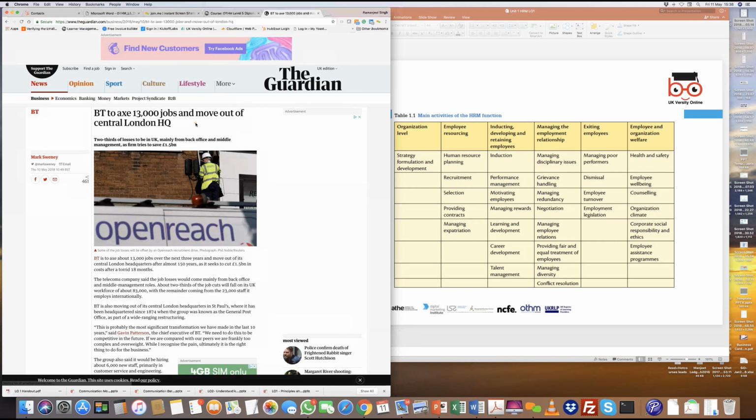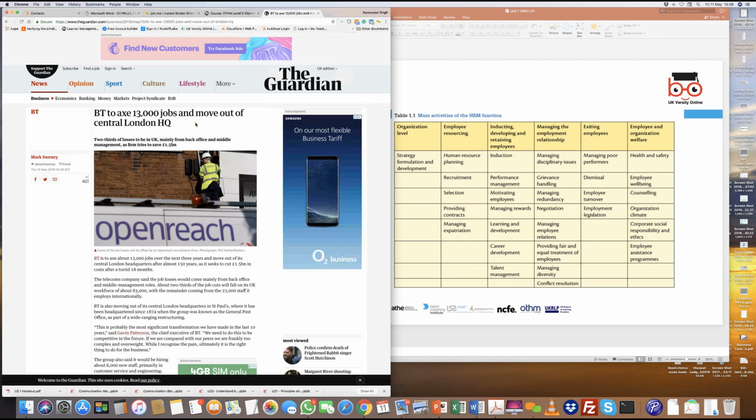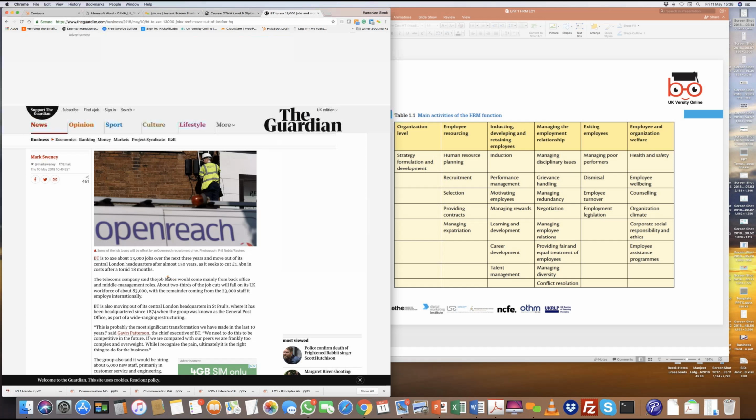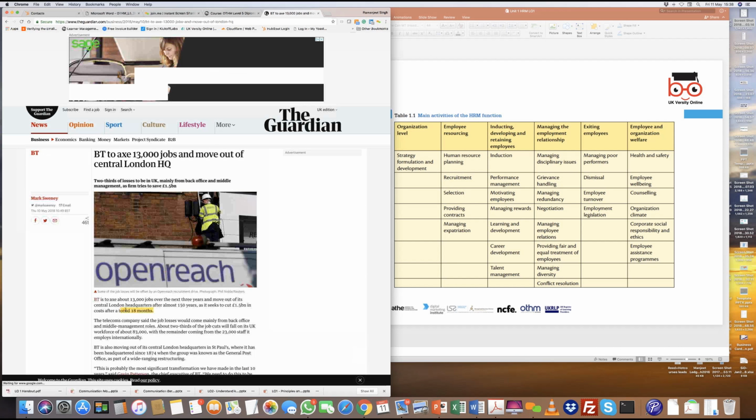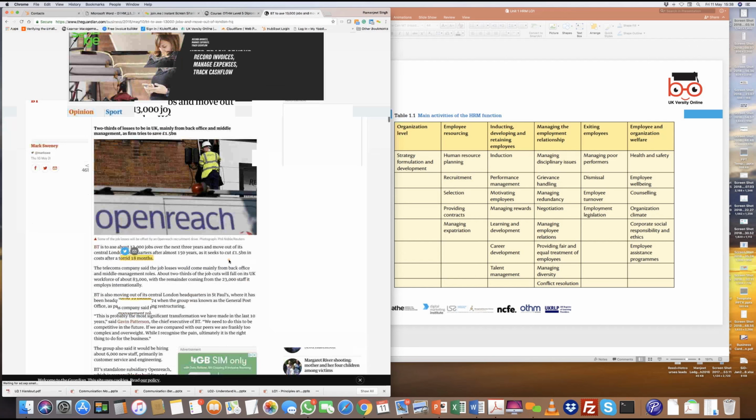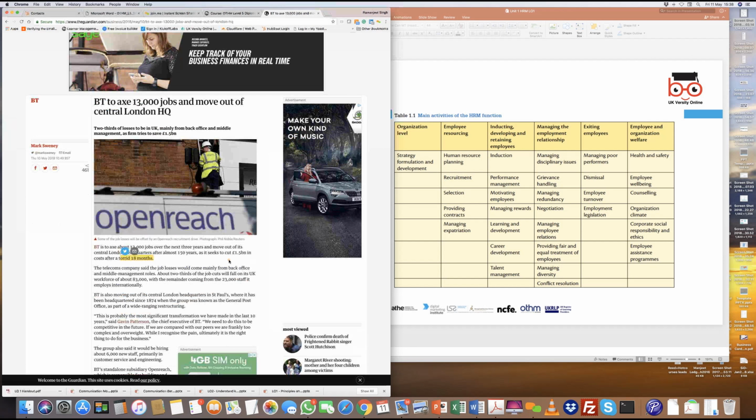Yes. So when you see a headline which says one of the biggest telecom communication companies is to axe, that means lay off, make redundant, 13,000 jobs in the next 2 or 3 years. 18 months, it says in the next 18 months. So 1.5 years. This is a big headline because that means somebody in the top management, apart from the CEO